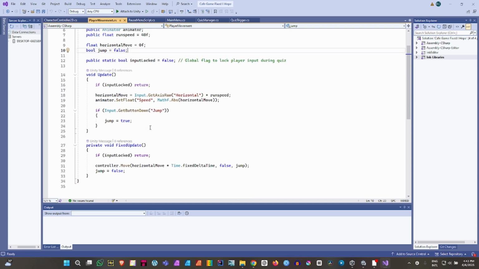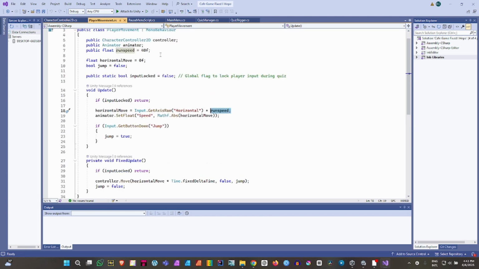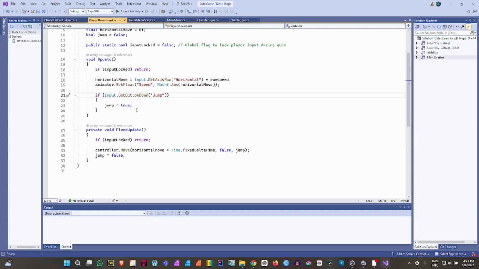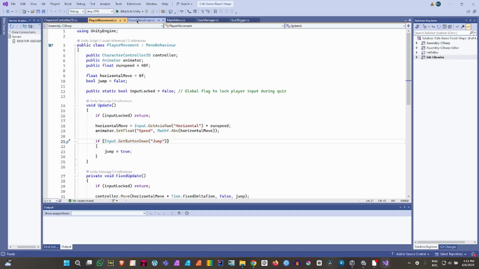Addendum. So this is horizontal move, just amplified with the run speed, so we go at that speed because this is just GetAxisRaw, so we get +1 or -1. And this just multiplies it with run speed, which is 40f, so we go 40 or -40f. It doesn't really matter if it's 40 or -40, at least for the graphic component, because we just